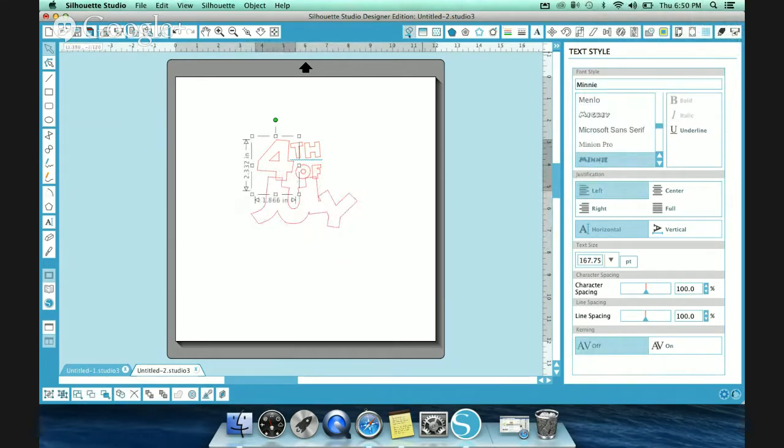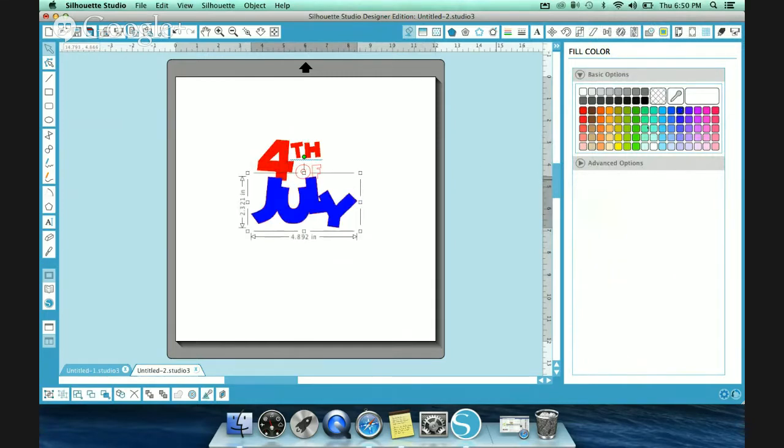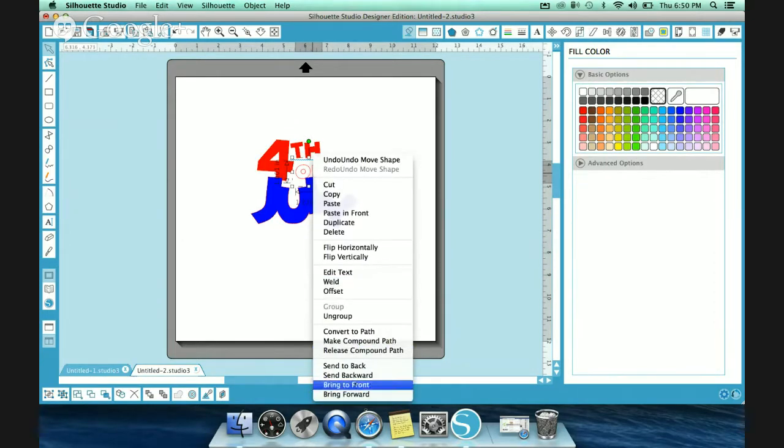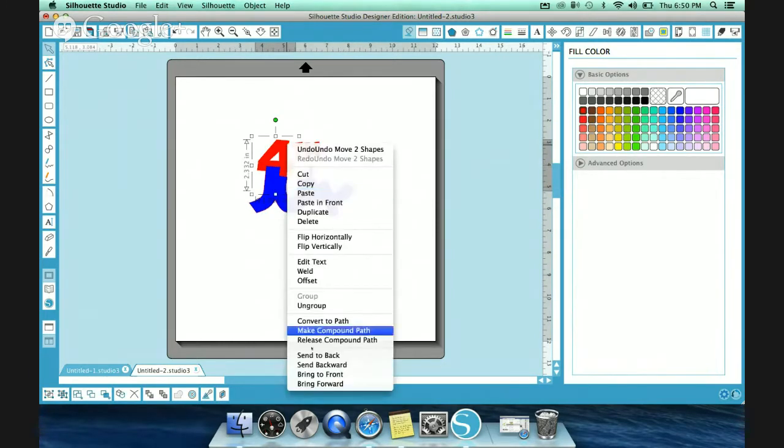And I'll start filling out my colors. The reason I do the colors first is that way if I need to move stuff in front of each other, I know what layer I'm working with. So if I know I want this to be in front of the July, I just right click, bring to front, and then I know it's going to be in front of the July. I just need to color it in white there. And if I want that to be in front,